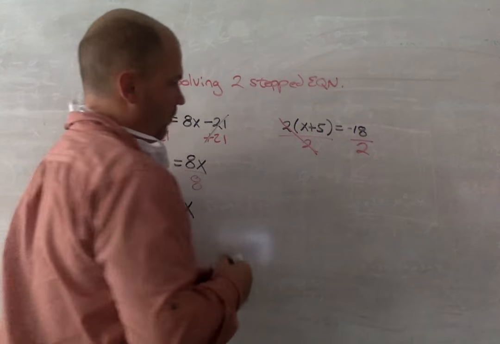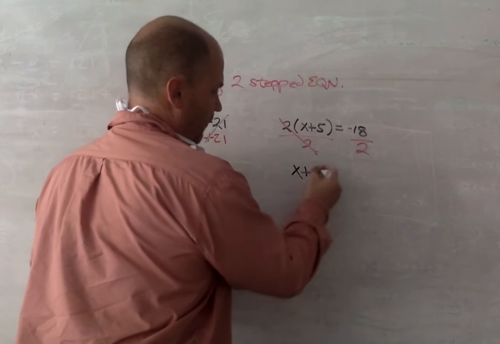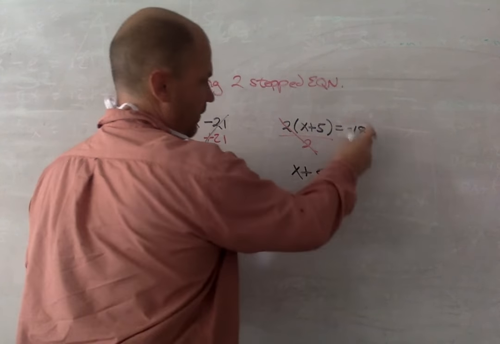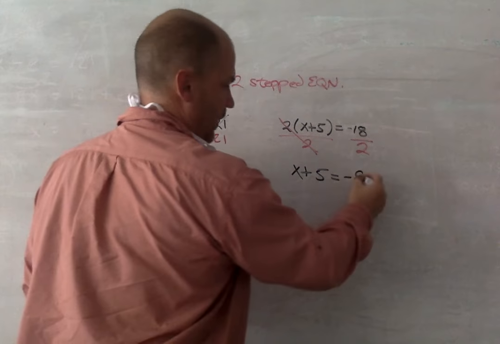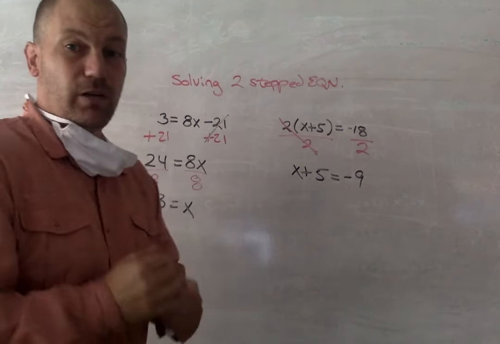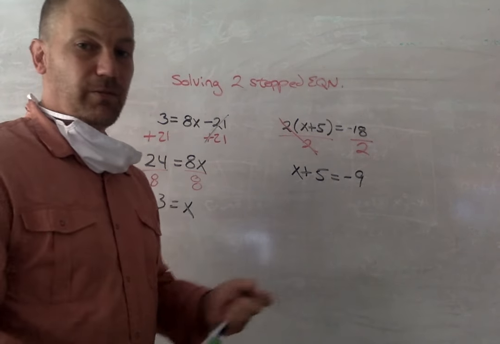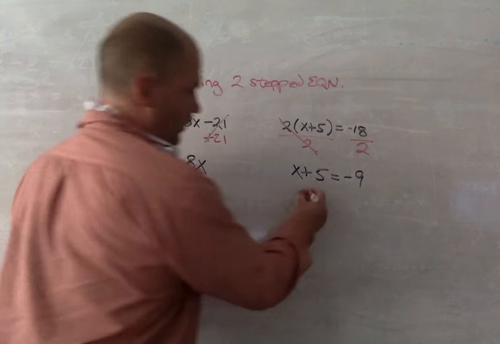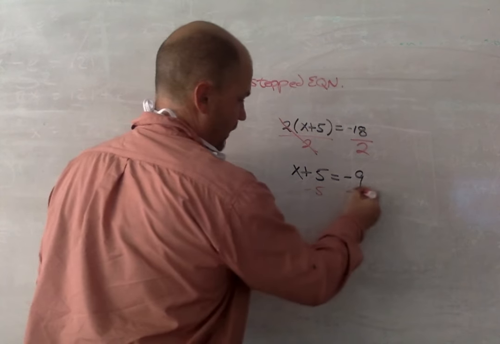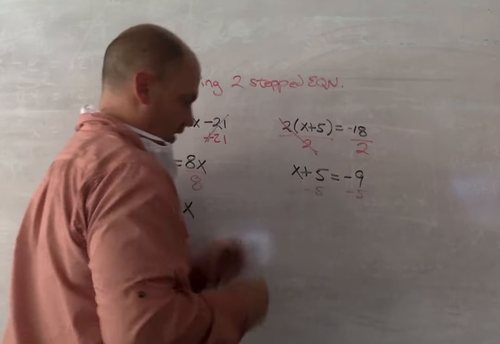And when we do that, we get x plus 5 is negative 18 divided by 2 is negative 9. Now we're down to a one-step equation. And like before, we've done this a lot. So we're going to subtract 5 from both sides. And we get x is